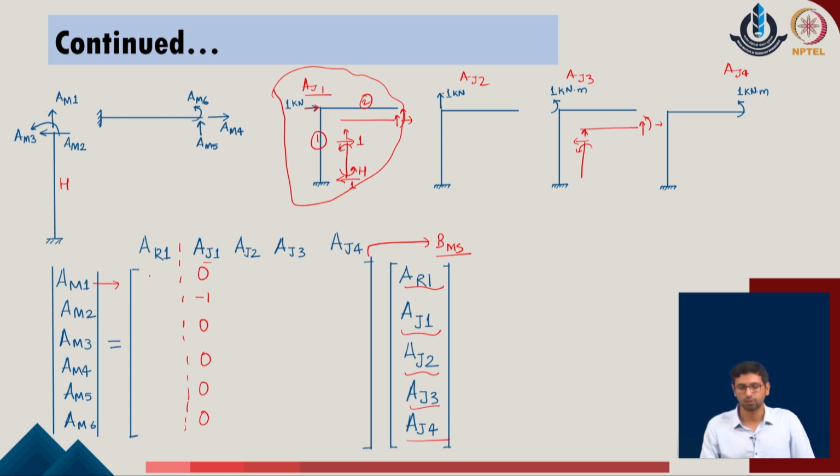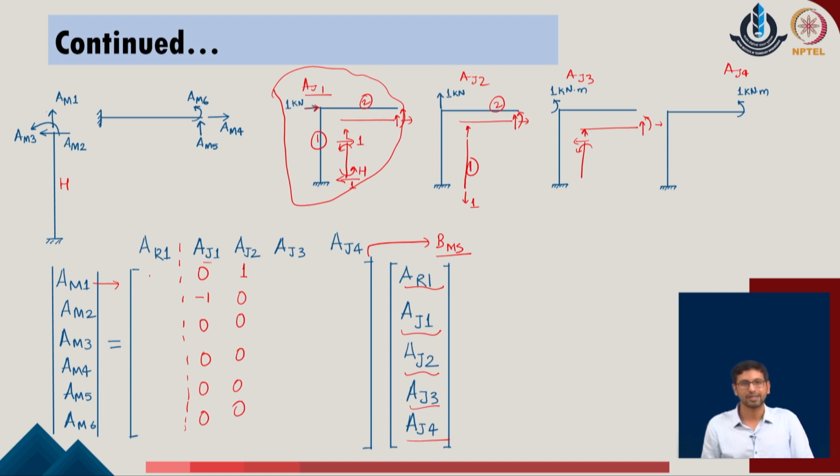We now move to the AJ2, where again we understand that member 2 is not subjected to any load. So it will not be provided with any forces over here, and all these values are 0, whereas in member 1 we consider that it has one load in the vertical direction, an equal and opposite force will be active over here, and no moments or other forces will be available. So that is why we define AJ2 as having AM1 component 1 and the remaining components all being 0 in the given problem.